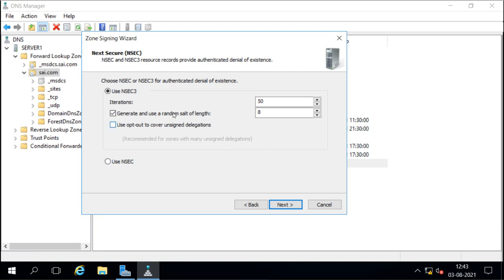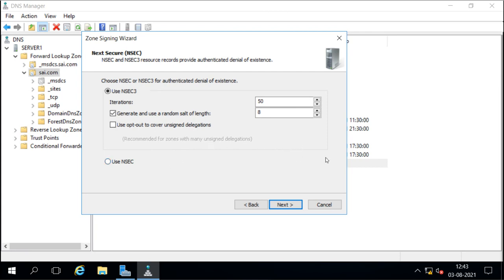Authenticated denial of existence means it will not give the denial of existence to users who are not authenticated to our zone, our DNS server, and who do not have the signed key. So it will not give any response whether the record is there or not there.